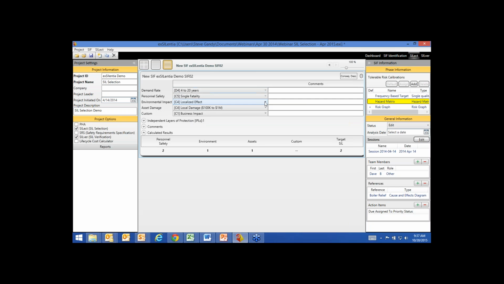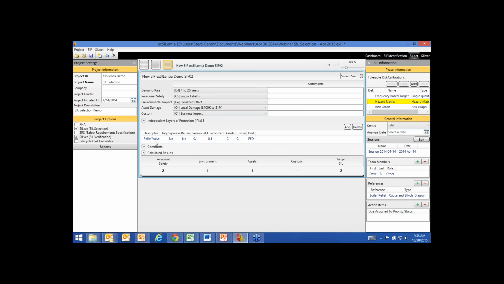And if you click on each of these, you can see we have 7 consequences that you have defined here. And if we said, all right, we were having a localized effect, what's the local damages? Again, you can define these, and this would be from the table. So we're saying we're looking at local damage of, say, 100,000 to 1 million, and is there a business impact? We're saying there is a business impact. And we could put on there financial cost of that. What are the independent layers of protection that we have? Well, we only have a relief valve,